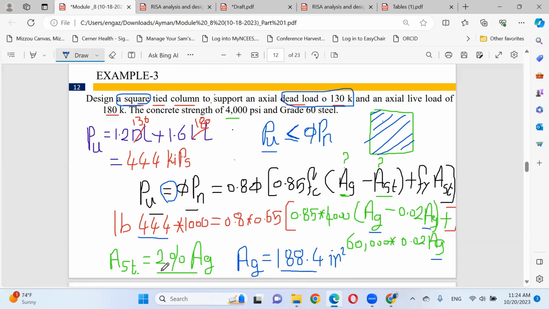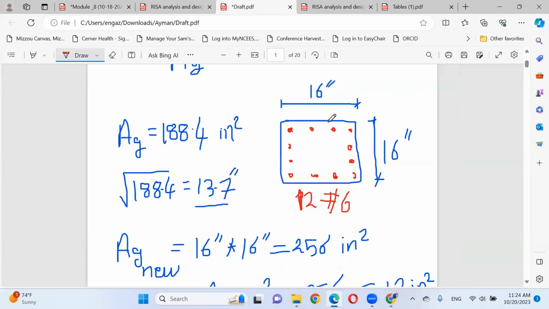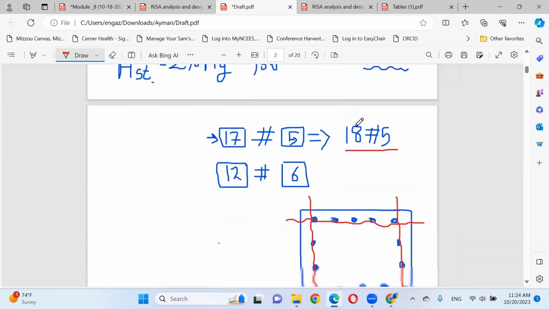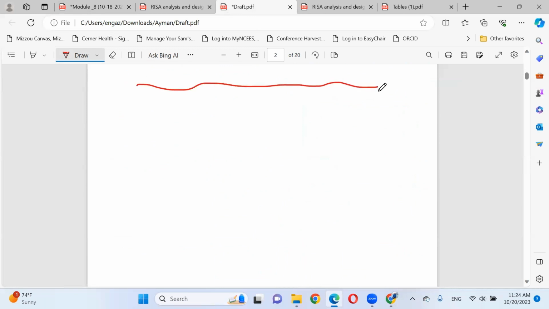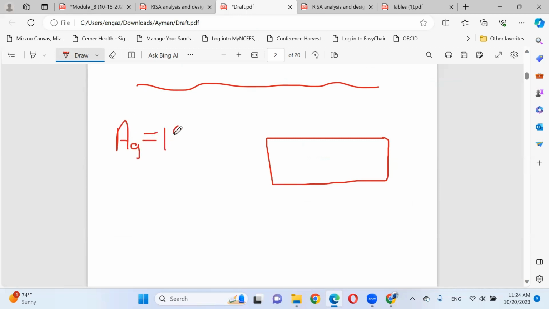No less than 1, no more than 8. I can put my numbers, and then the final area gross from this equation will be converted to cross-section dimension. Keep in your mind, if your cross-section is not a square, it's a rectangle, and you have area gross which equals 188.